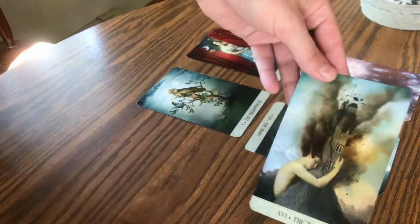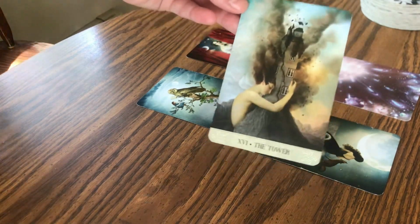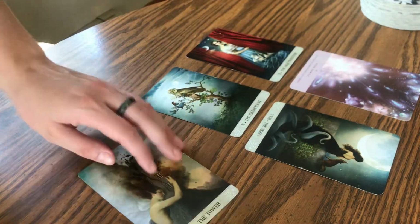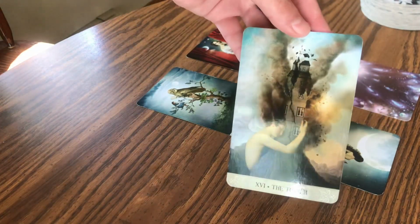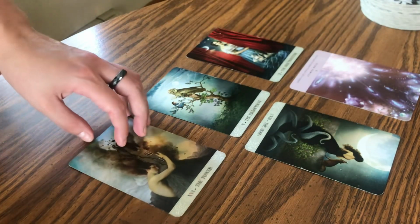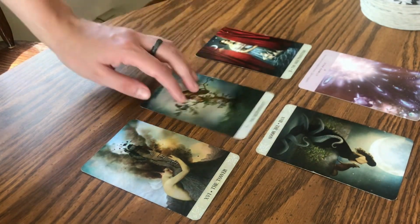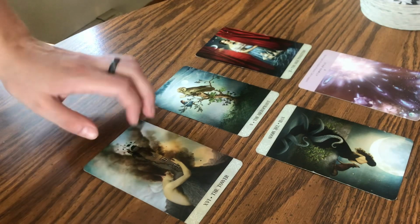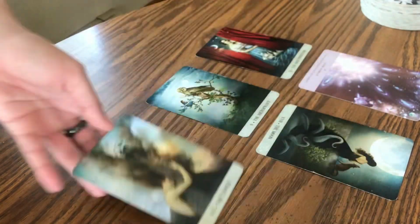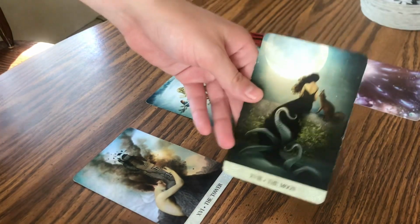A Tower moment, if you don't know, I'm sure a lot of you do, because the Tower is infamous in tarot. A Tower moment is something like dramatic change that you weren't expecting. And normally, I mean, all the cards are pretty neutral, but normally a Tower moment isn't something that's very pleasant. So with it in reverse, it's like you're trying to keep this Tower from falling. You're trying to keep this something from crumbling down. You're trying to keep this unwanted change from happening. But as you can see, she's holding onto the Tower, and it's going to crumble anyways. You can't stop a Tower moment if it's going to happen. You can only delay the inevitable. But by being kind of sneaky about it, it's like,